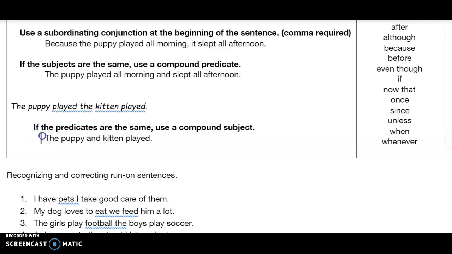So you could say the puppy and kitten played. We have a compound subject now. Subject of this sentence is puppy and kitten, and the predicate is played. Again, don't ignore these